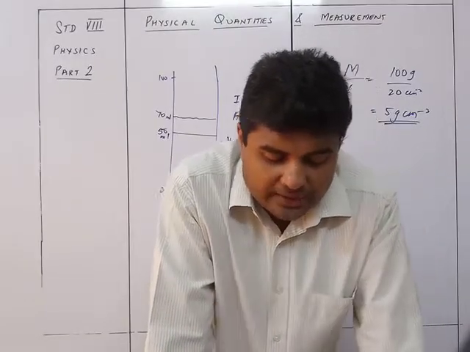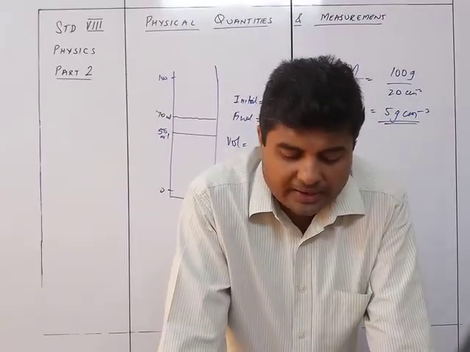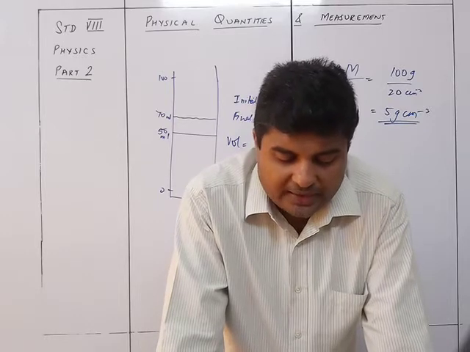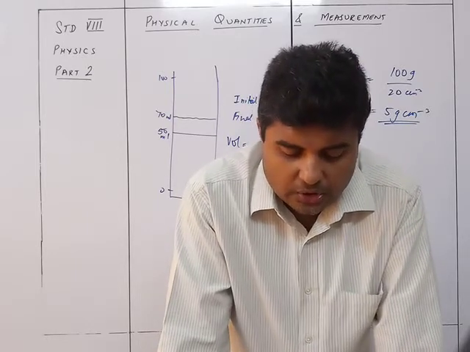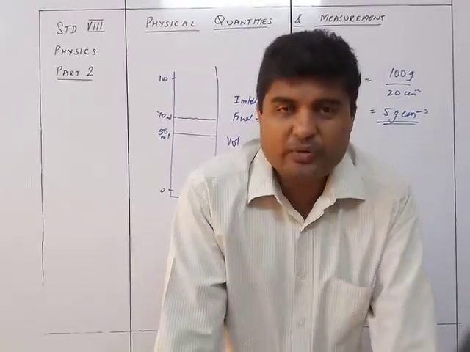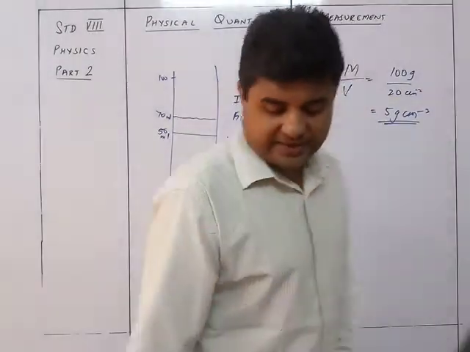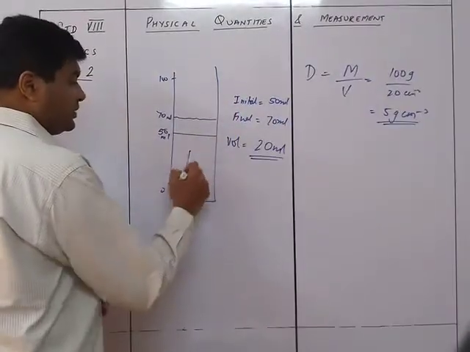Now tie the given solid with a thread and gently lower the solid in water contained in the measuring cylinder as shown. Take care that no water splashes out. Note the level of the water again. Let the volume be V2. So that's what we are doing. V1 over here was 50 and V2 after putting the stapler inside.